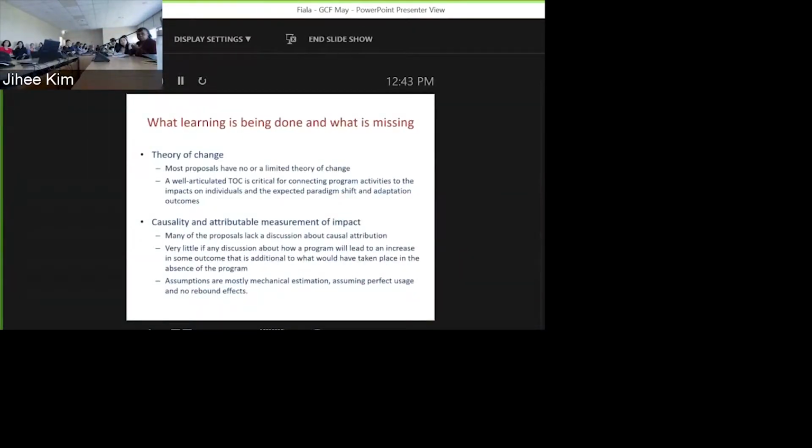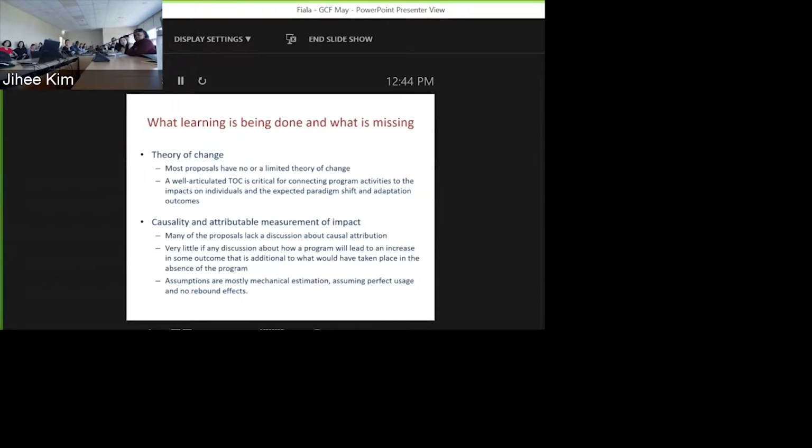But let me just talk really quickly. I'm sorry if there's a lot of text in some of these slides. I just want to comment on some of the bigger, broader issues that I've seen when doing the assessments of these proposals. First off, most of the proposals have either none or very limited theory of change. I'm coming from a perspective where I want to see a really detailed theory of change so that I can understand how the program is going to go from their activities to the actual impacts that they're going to have, that 36 million tons of CO2 mitigation, things like that. But most of the proposals don't have a very well-developed theory of change.